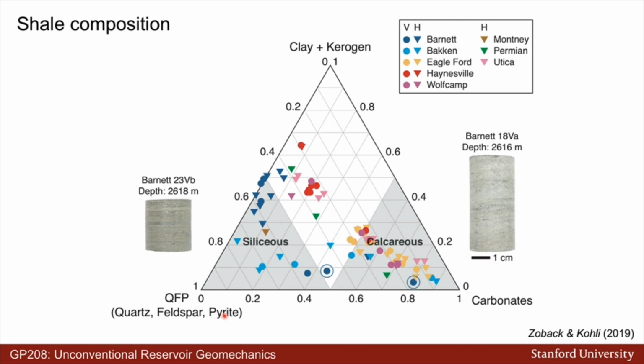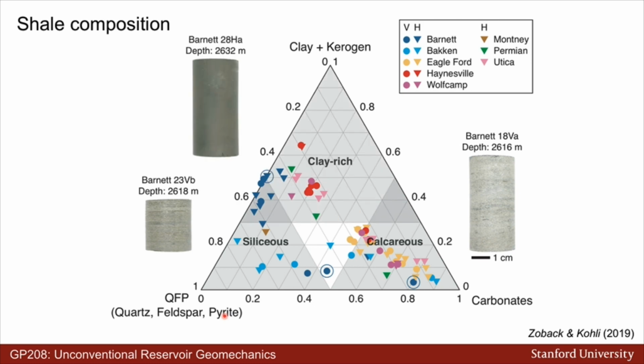It's significantly more siliceous. It's still quite clay poor, but the composition differs quite a bit just 2 meters away. And even another about 10 meters away, we run into this extremely clay-rich sample. And visually, you can see that all these samples are very much different. But again, they're within several meters of each other. So this emphasizes the fact that you can get these very large-scale compositional differences happening in very small spatial scales